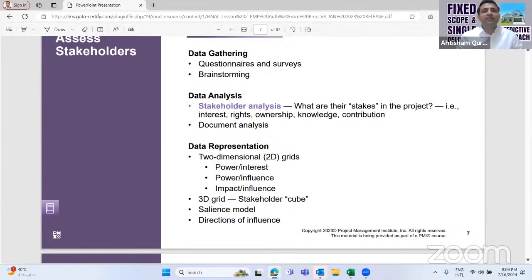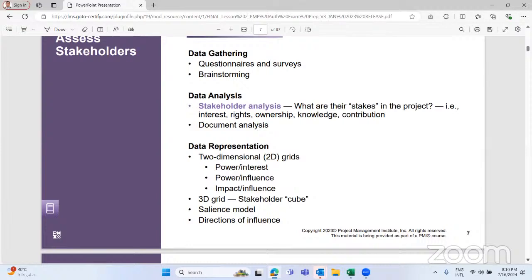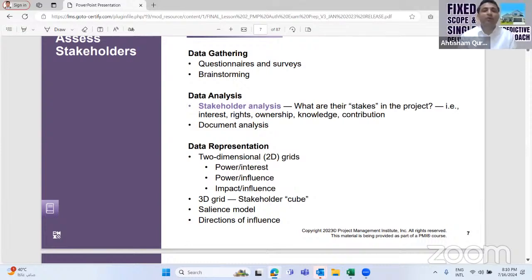Stakeholder analysis is where you identify what the stake of this stakeholder in the project is, like what is at stake, what he can lose or what he can win. That could be the stake, right? Yeah, simply stated, right? So depending